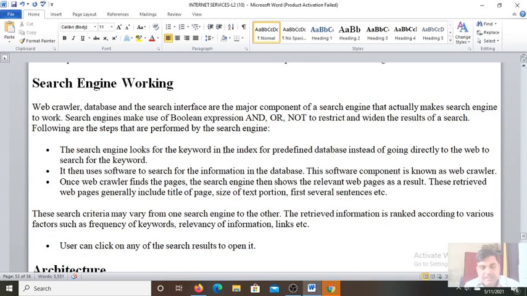And how does a search engine work? You can see in figure 2.7 in the book, page number 39. First, the web server sends the query to the index server. As you can see here, the Google user sends its query to the Google web server. So the web server sends the query to the index servers.